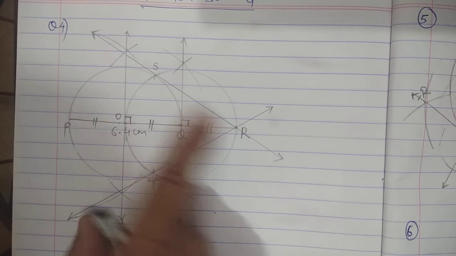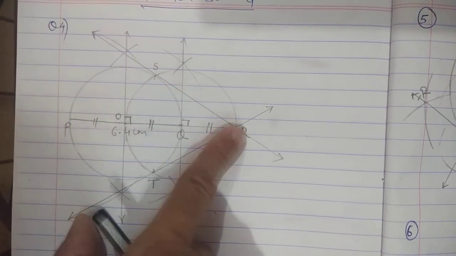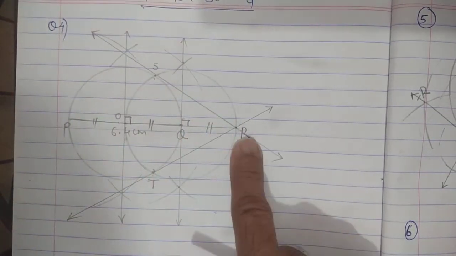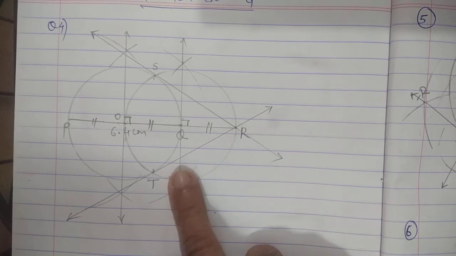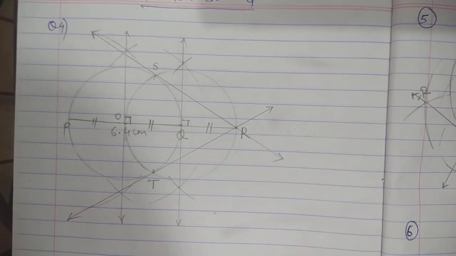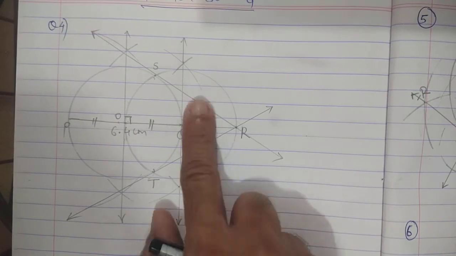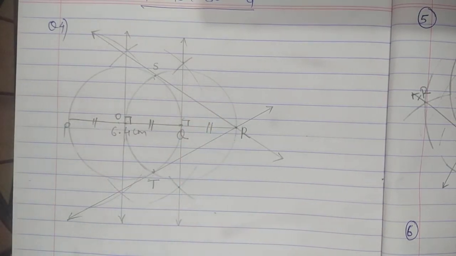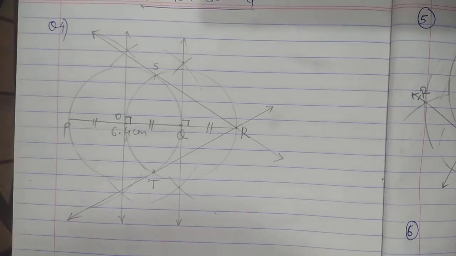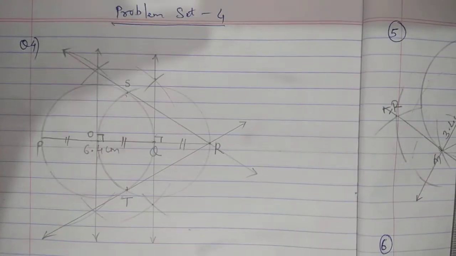So remember the length of the tangent segments RS and RT are equal. Always remember this property: both the tangent segments are equal in length. So this is how you draw your fair diagram. And according to that, do your rough diagram also. So quickly I'll just draw the rough diagram.